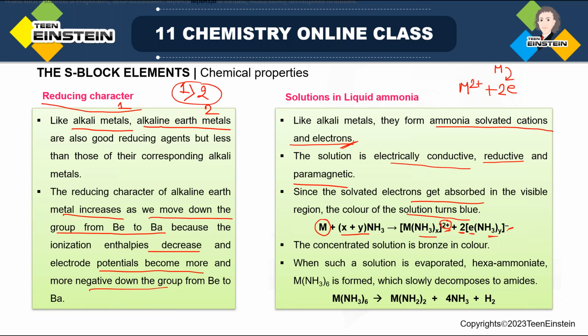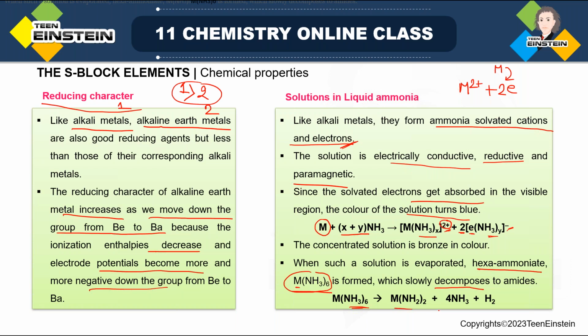And when such a solution is evaporated, now what happens? Hexaammoniate means this type of molecule, where 6 ammonia molecules surround the metal. So this will be formed. Now, once the solution is evaporated, there is slow decomposition of this M(NH3)6 molecule, and once it is decomposed, there will be formation of